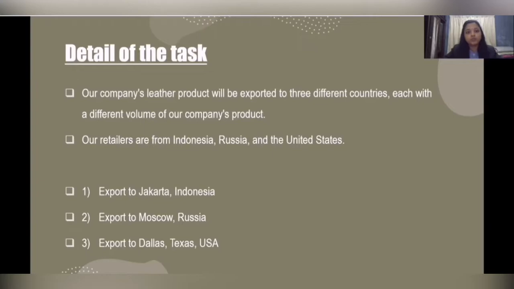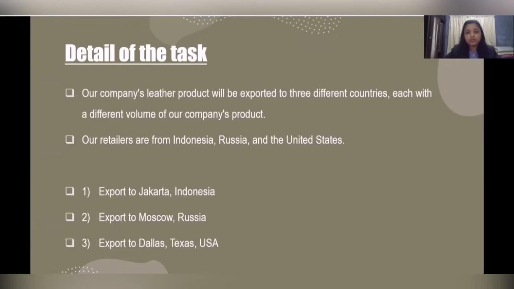There are several modes of transportation that will be used to ship our product to our retailers. First is export to Jakarta, Indonesia, where about 500 meters of leather will be exported from our company to our retailer, Rorokiness, in Indonesia. We will send our products from Malaysia to Indonesia by sea freight. This is due to the fact that Indonesia is a close neighbor to ours. CJ Logistics, as our logistics partner, will carry our products from our warehouse at Shah Alam and transport them to Port Klang. The products will then be shipped to the nearest Jakarta port by our freight partner DHL Logistics.